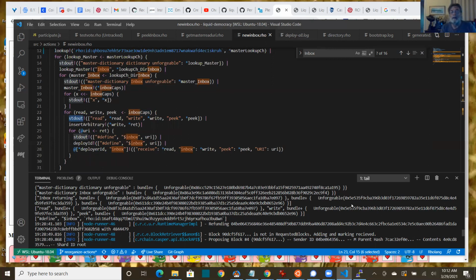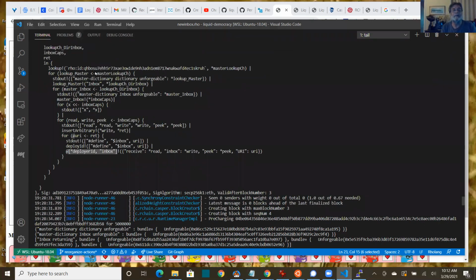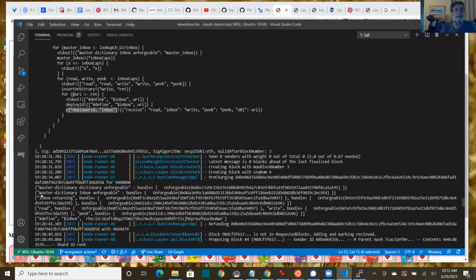Now, the way we've been running this is we do a tail forever of the log, in the terminal down here. And you can see where we ran the master lookup here, and we got the index. And then down here, we can see that we printed out the master index unforgeable as a bundle plus this address. Okay, and that was just printed in the log so that we could confirm